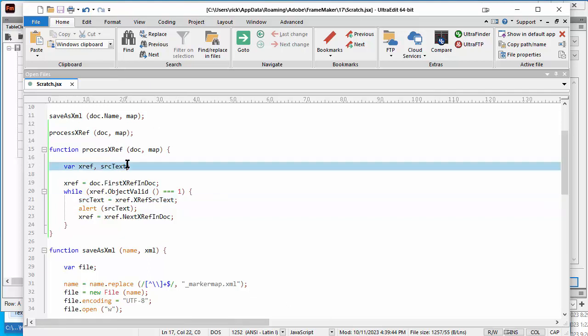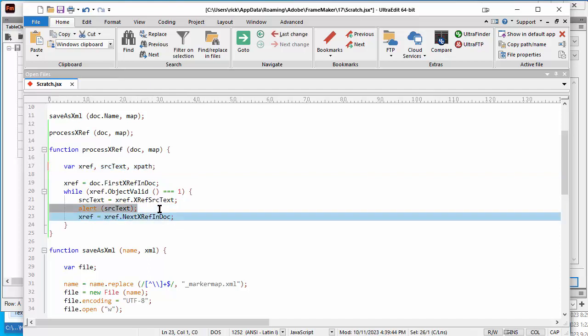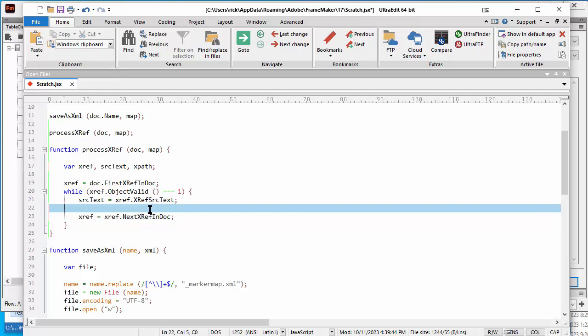We can create an XPath statement. Now I'm not going to go into details on what XPath is, but XPath is a way to query XML documents. So we can build an XPath statement, and we can say XPath is equal to, and this will be a string, and we'll say // So this means anywhere in the document, and we want to find a marker, and we're going to put in what is called a predicate. A predicate is basically a condition. So we only want to find a marker if its text attribute is equal to